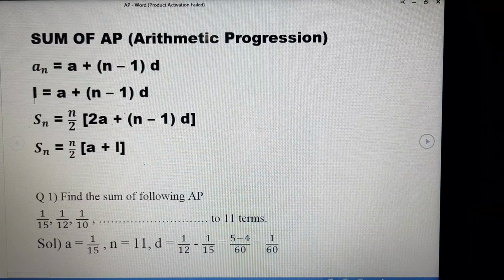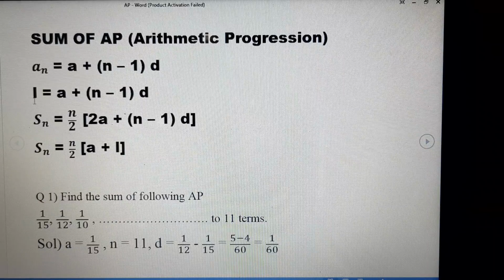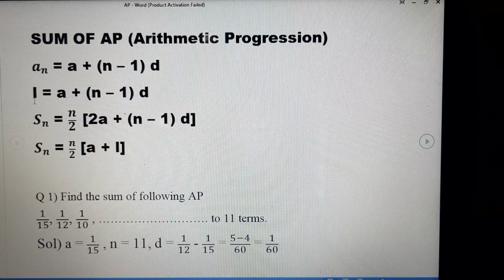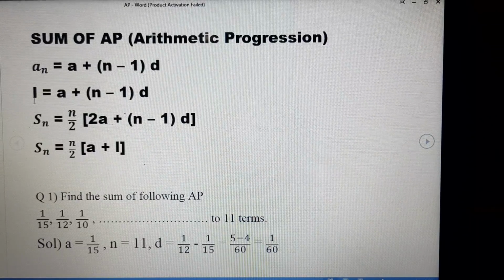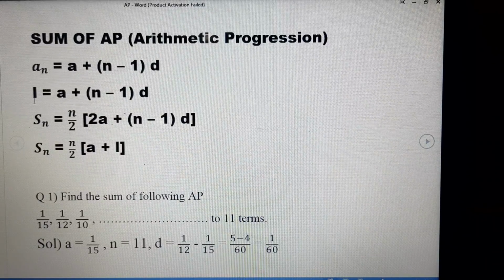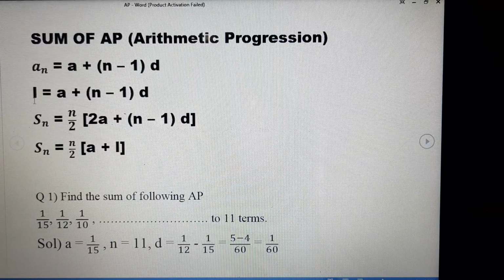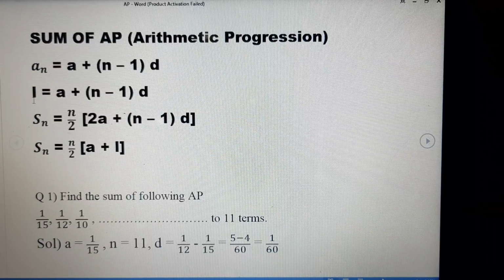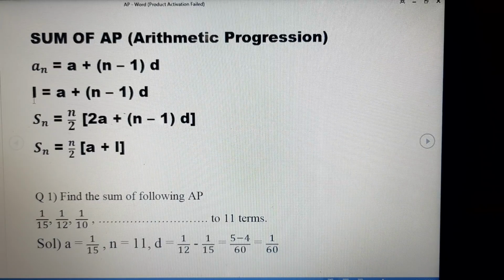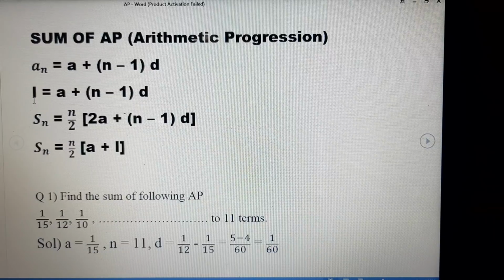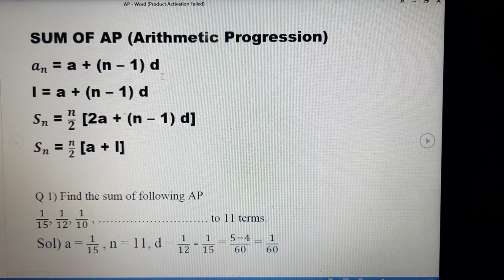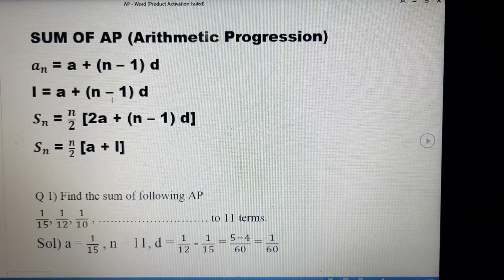Last term, if we know the last term and we do not know the number of terms in the series, how many terms are there in the series? As I took the example, the series is 10, 20, 30, 40 and so on till 1 crore. So how will you do it? Here L is 1 crore and a is 10. Number of terms we do not know, and d, the common difference, is 10 because we are skipping 10. Clear? So we can calculate the number of terms from here.